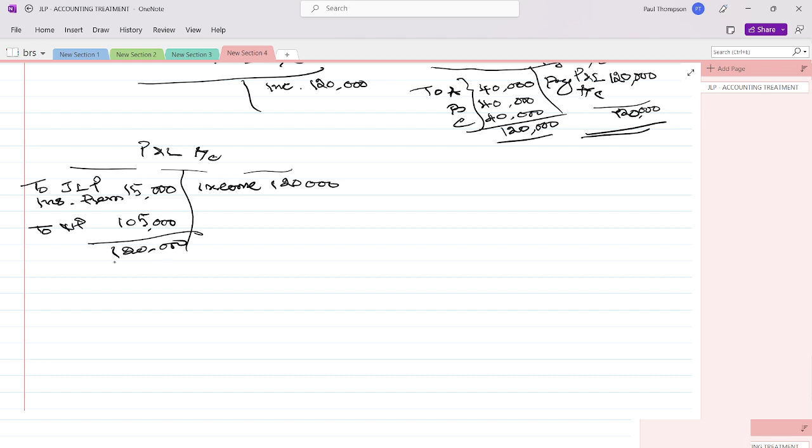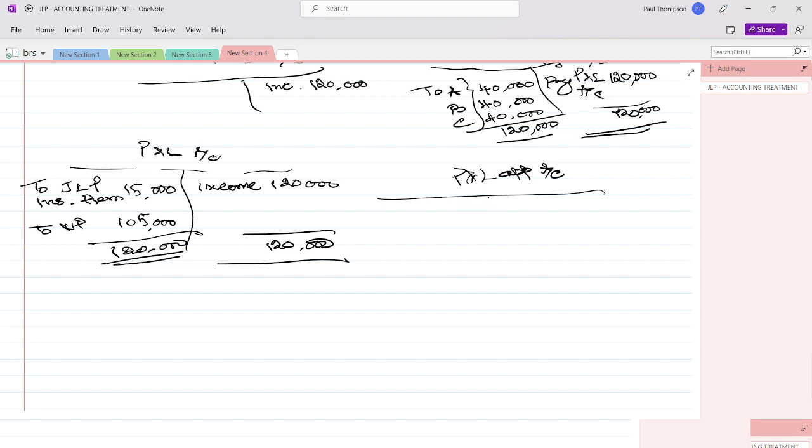1,20,000 and 1,20,000. For better understanding, I am taking the same income. Now the P&L appropriation account I am making here. This 1,05,000 will get transferred to the P&L appropriation account by the P&L account. So again, assuming no other payment is to be made to partners, we are distributing the share of profit